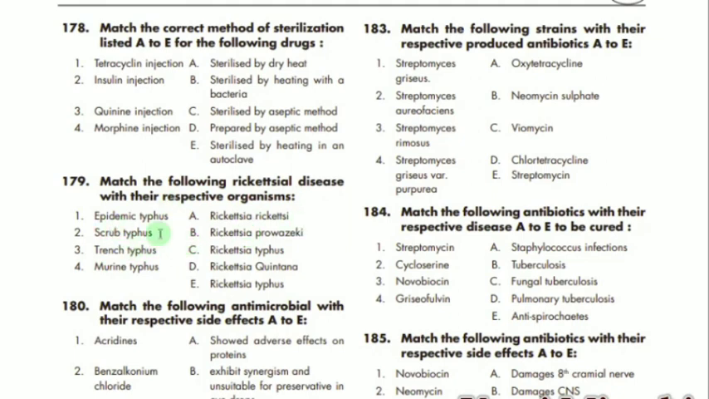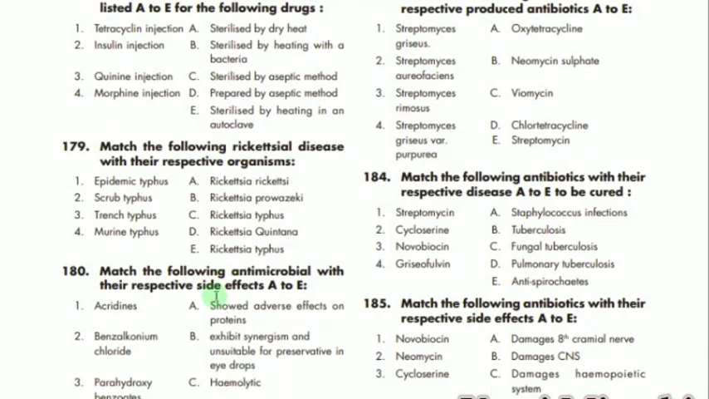For example, first is epidemic typhus. This epidemic typhus is matched with B, Rickettsia prowazekii. Then we have scrub typhus. So for 2, the correct option is C, Rickettsia tsutsugamushi. Then we have trench fever. The correct option is Rickettsia quintana. D is the correct option for the third. Then we have murine typhus. For murine typhus, we have Rickettsia typhi. E is the correct option. Okay. Then we have